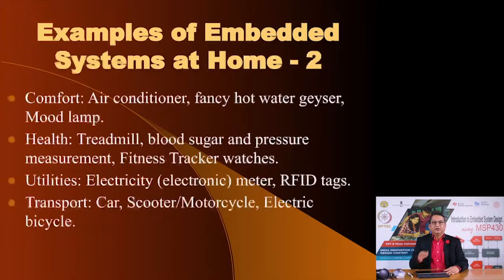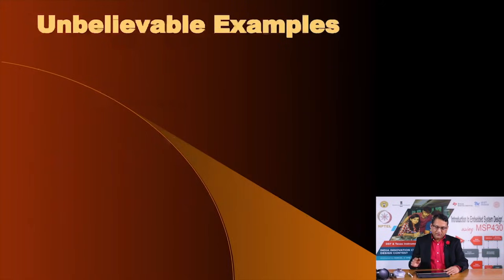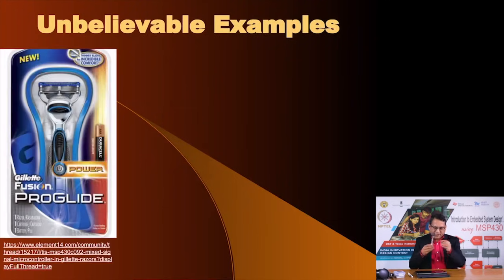Now, since I mentioned a few examples which are unbelievable as embedded systems, I have here this Gillette Fusion ProGlide razor. It uses a battery for its operation and it has a microcontroller inside. Interestingly, the microcontroller used in this razor is an MSP430. I have shared the link for a web page which describes the microcontroller in detail. I encourage you to go through that. The reason why it uses a microcontroller, and that is why it is an example of an embedded system, is that as you use the battery, it gets discharged over time,